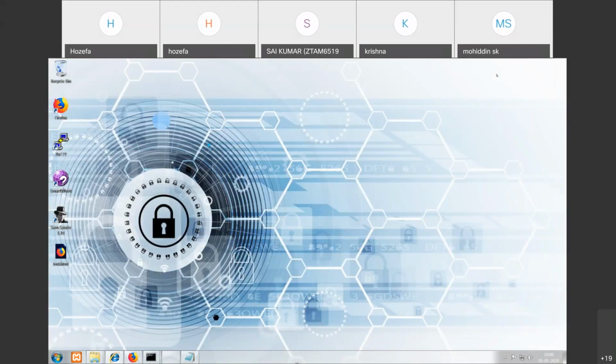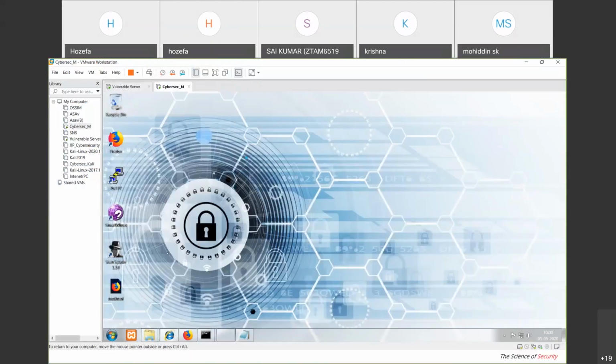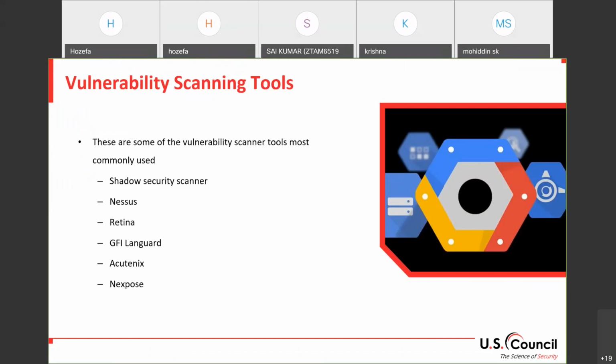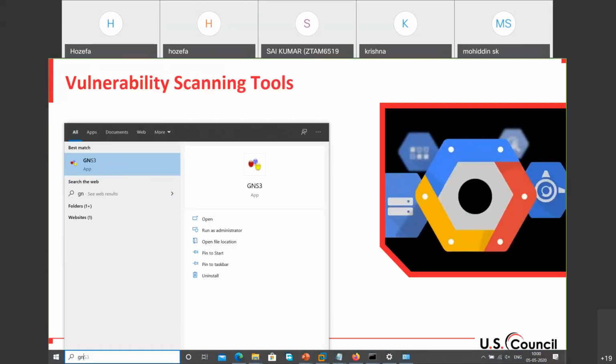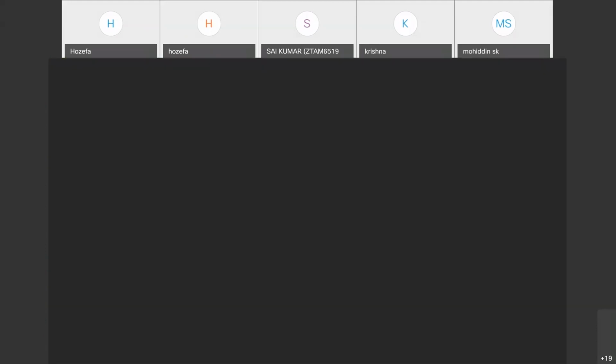I've shown you earlier Cisco routers can be hackable. We'll try to see that if possible. Otherwise, tomorrow I'll show you. So what I'm going to do is I'm going to use one application. This application you will receive separately, guys. The application name is GNS. This I'll share you separately. So in my GNS,